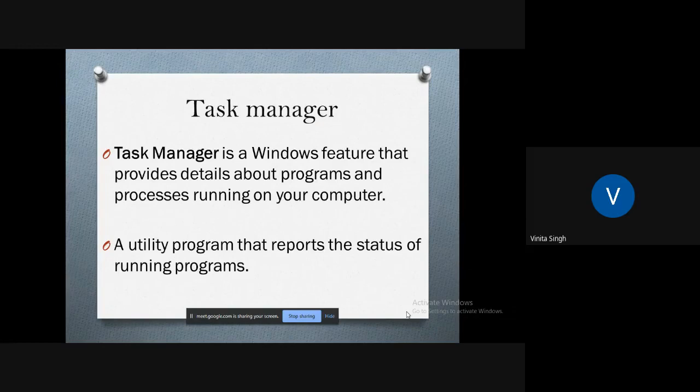It may happen sometimes that after a few minutes, your app does not work and it shows not responding. So, using this Task Manager, how you will stop it or close it, that we are going to learn. So, basically, it can be said that Task Manager is a utility program that reports the status of the running programs.